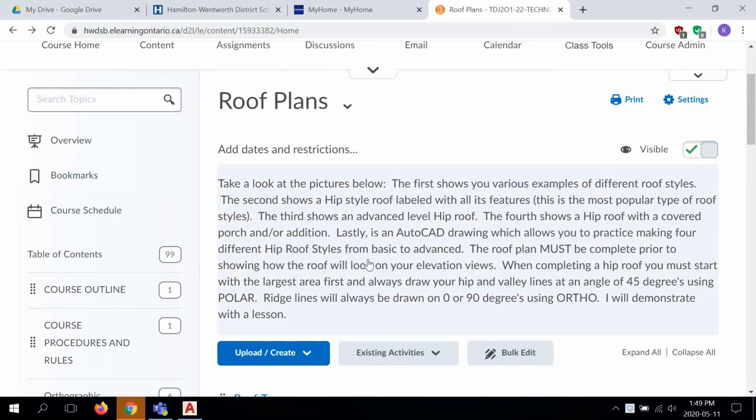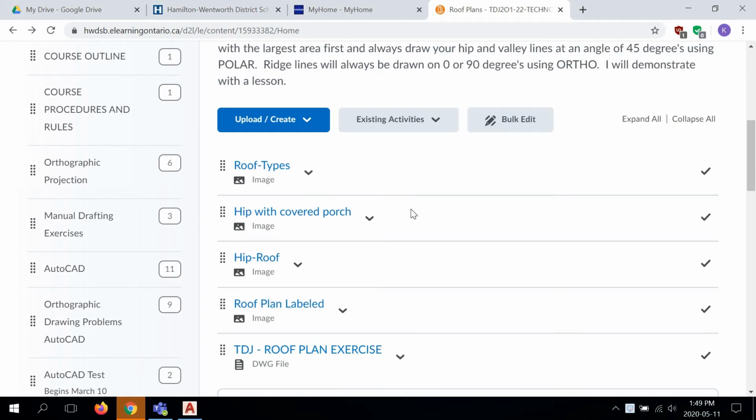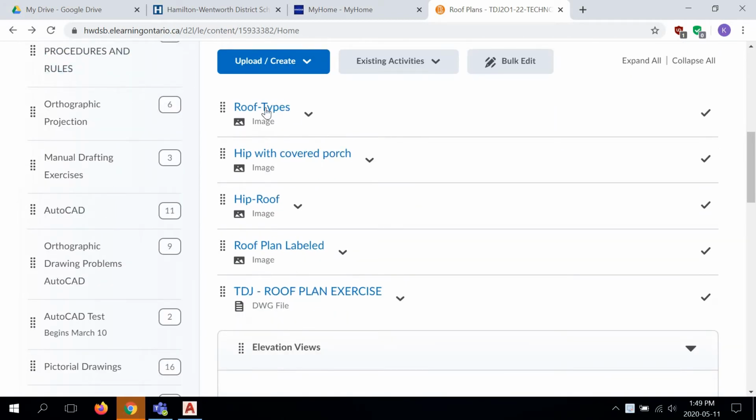There is a description here. You can take a look at this in the hub and read it. I'm going to be discussing a lot of the things that are mentioned in this descriptor in this video. So I'm going to skip over that here, go down to roof types, and first we're going to take a